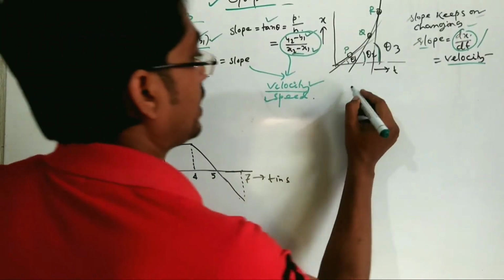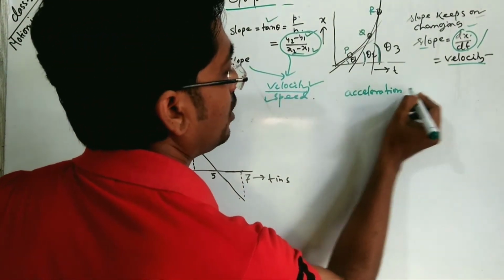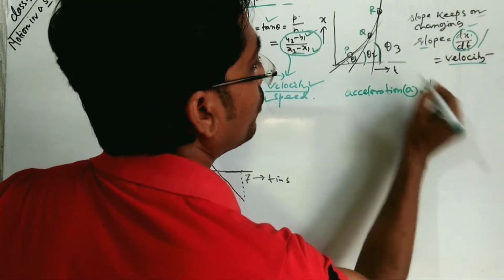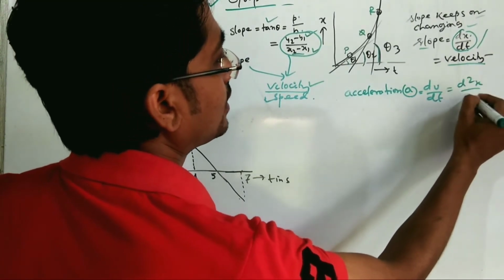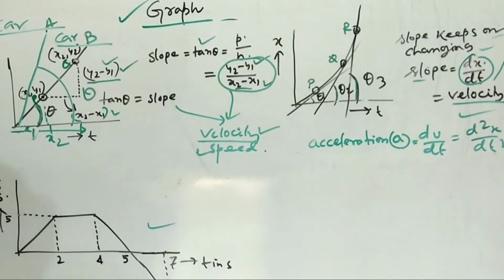So for the case of acceleration, you have to find out dv/dt from the vt graph, and it will be nothing but d2x/dt2. Okay, in this way. This is the velocity-time graph of a car, and you can see in this figure you have to find out the acceleration of the body at different times, and also you have to find out the distance and displacement covered by the body.